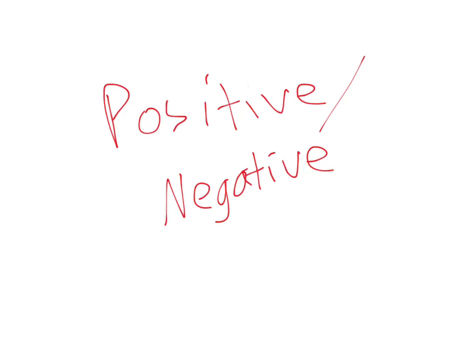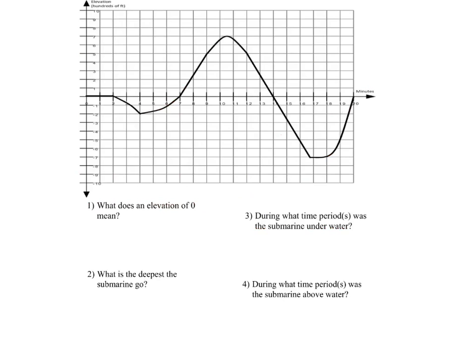Alright, time to start the lesson about intervals where the functions are positive and negative. So we're going to start with this little starter thing. It's about the flight and journey of this submarine that goes underwater and flies in the air. I wanted to do one that went above and below because this is about intervals where it's positive and negative, which means above the x-axis versus below the x-axis, or positive y values, positive function values, and negative y values,